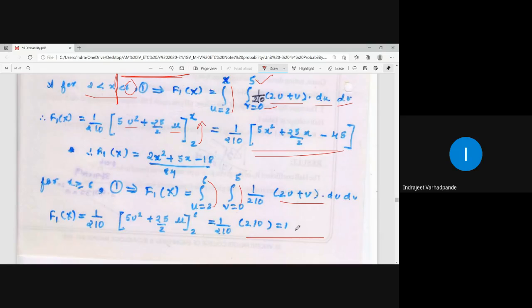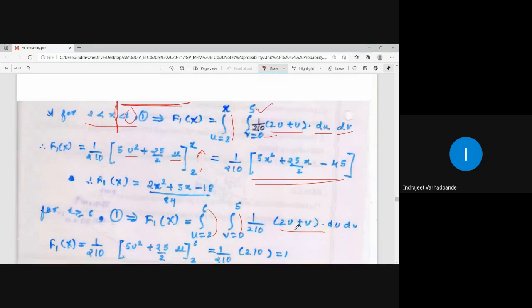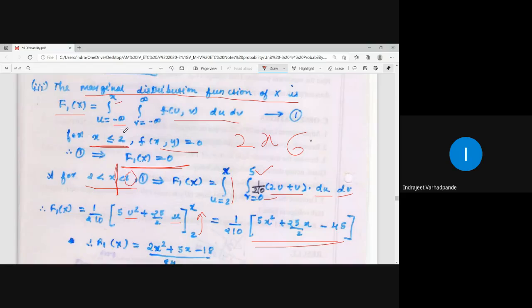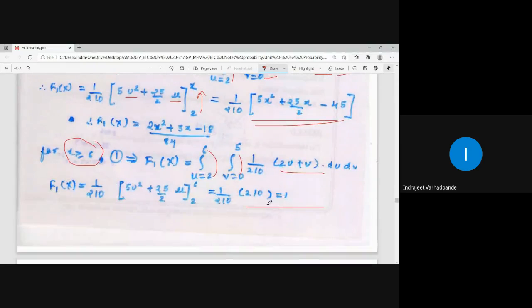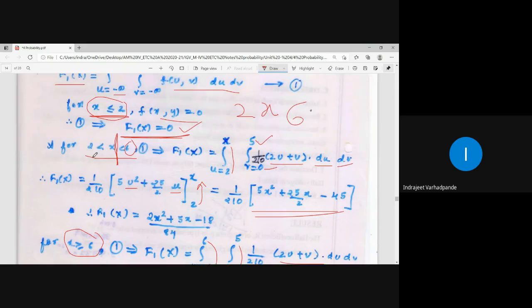See, in paper you have to be very careful. अगर रेंज के पहले से पूछा है तो उसका डिस्ट्रीब्यूशन फंक्शन क्या रहेगा? 0. रेंज के बियॉन्ड पूछा है तो उसका डिस्ट्रीब्यूशन फंक्शन हमेशा कितना आएगा? 1. उसमें ज्यादा दिमाग नहीं लगाना है. बिटवीन द रेंज अगर पूछा तो ही अपने को एक बार इंटीग्रेशन करना है जिसका आंसर x में आएगा, या y के लिए पूछा है तो y के लिए आएगा.